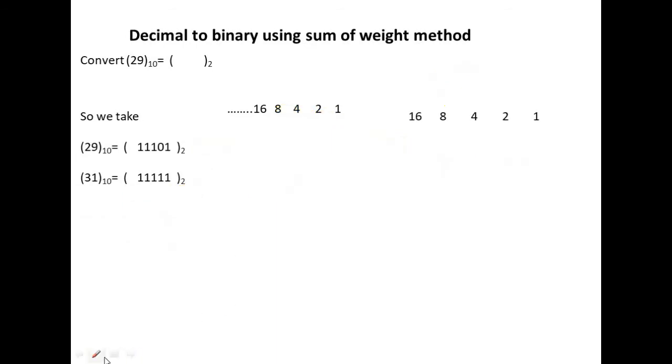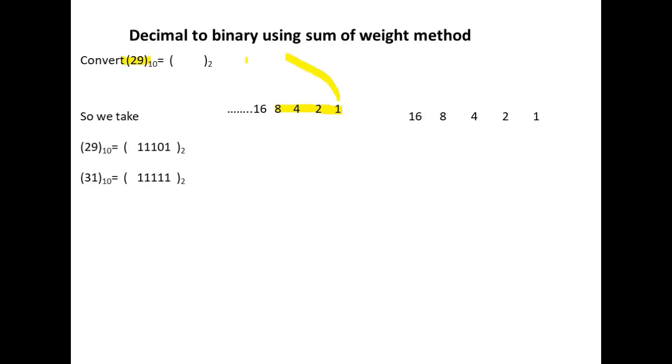Now we'll take some more examples, some bigger examples. We want to convert 29. So let's start with 1, 2. We can find only up to 3 numbers, so we have to increase one weight, come to 1, 2, 4. But here we notice that we can find up to 7. So again increase one more weight. Here we see we can find only 15 numbers, 8 plus 4 plus 2 plus 1, 15. Up to 15 we can find.